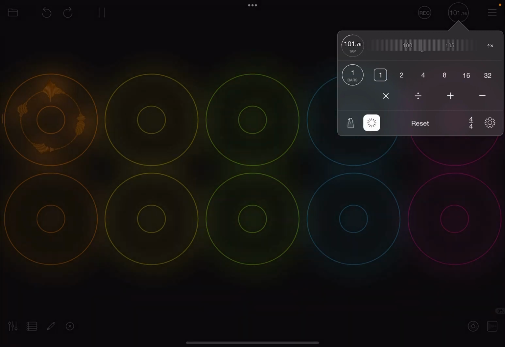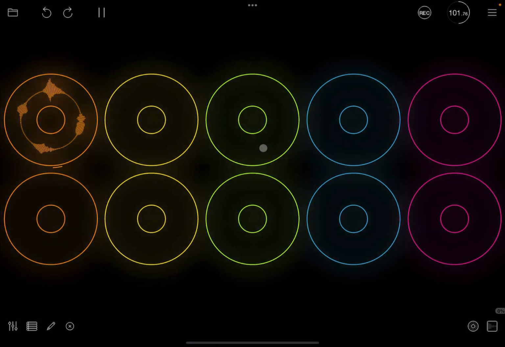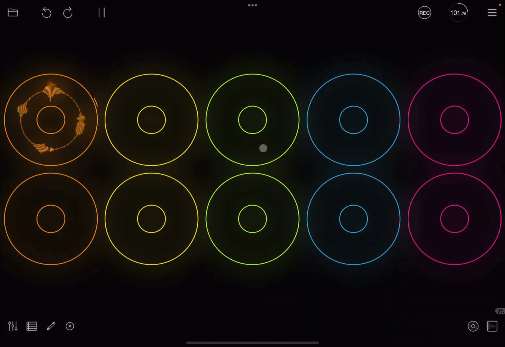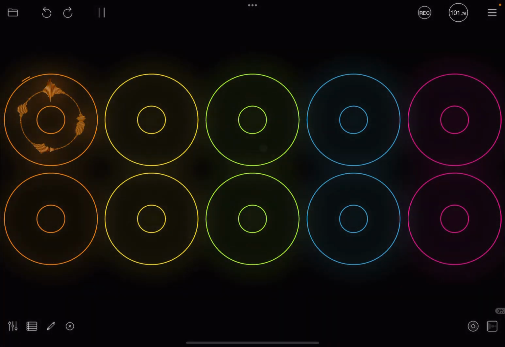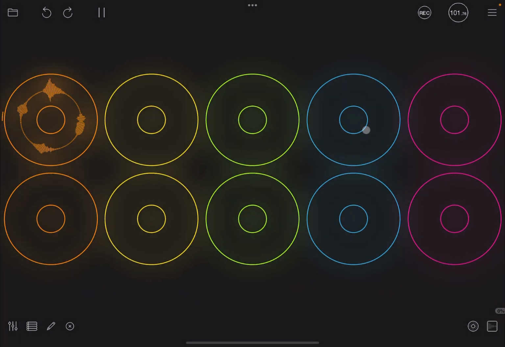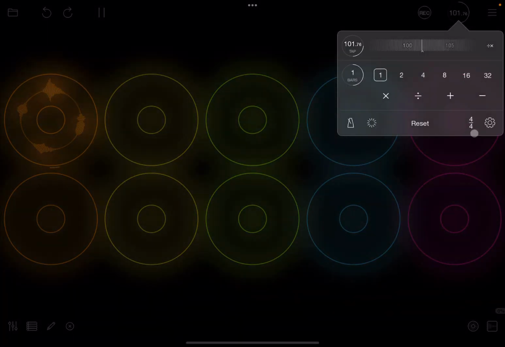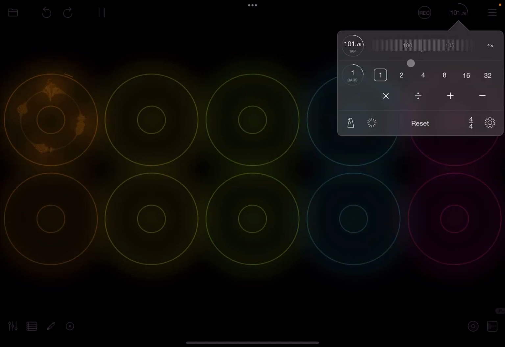I also mentioned in part 1 that you can use this flashing as a metronome, so let's have a look at it. As you can see on the screen, you have different flashes, and when the bar starts, you can see a bigger flash. So if I count 1, 2, 3, 4, 1, 2, 3, 4, you see a different flashing when it restarts,